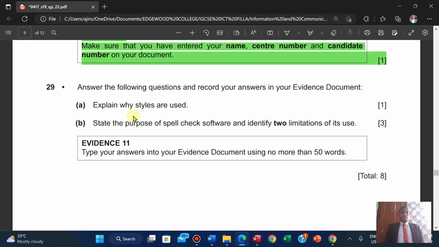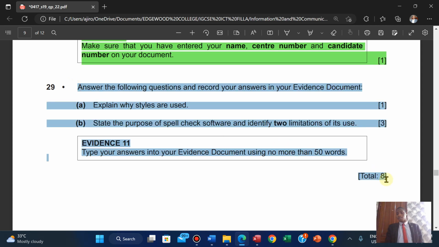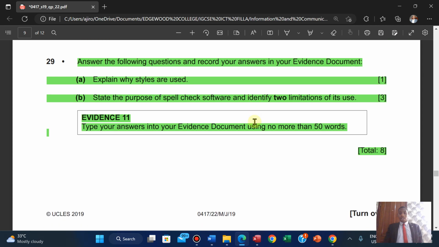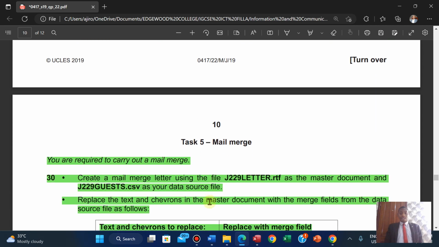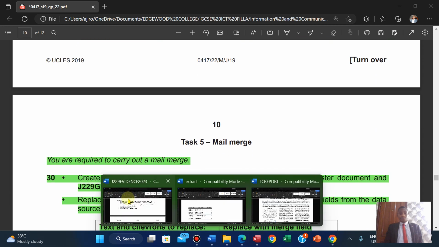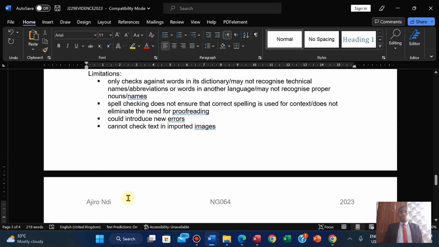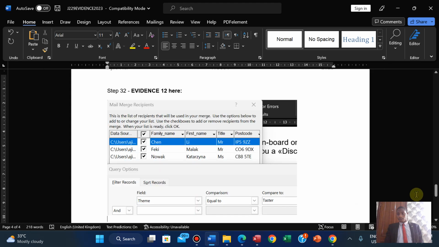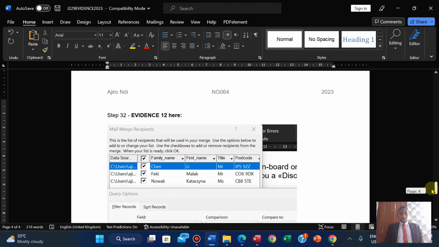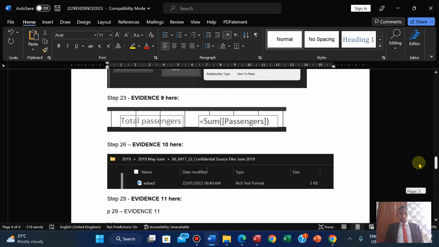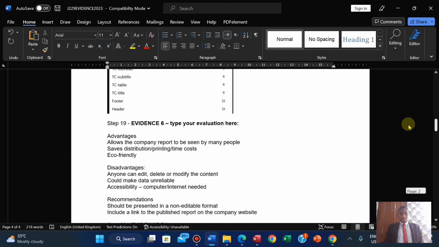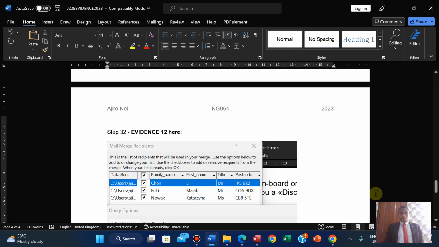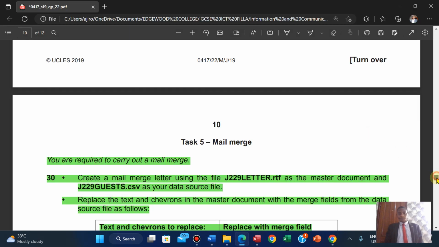Okay, so this brings us to the end of the document production. Now what we'll be doing is printing our evidence document, so we can go and check if these things are okay. So you can check to see this. So we have this right here. Okay, so we have this. All right, so we have this now. We are going to check